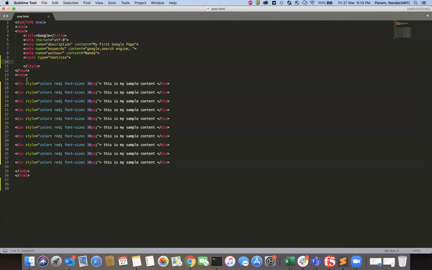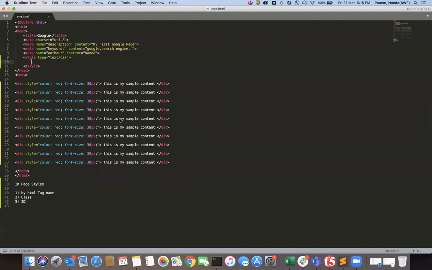We can do it by using in-page style sheets or external style sheets. Okay. So how can I write an in-page style sheet? To write an in-page style sheet, we can follow three types. First one is by HTML tag name. Second one is class. Third one is ID. So by using those things, we are going to provide this.